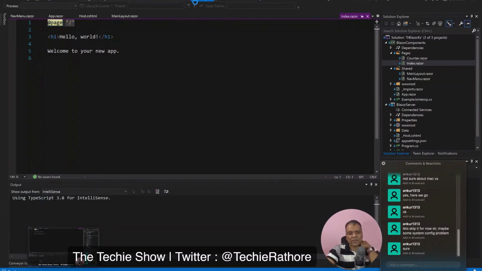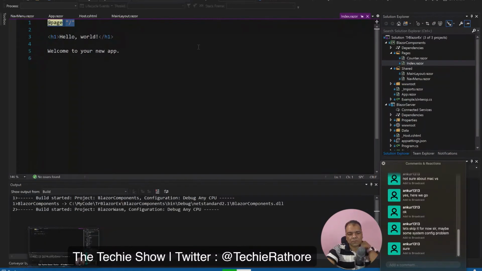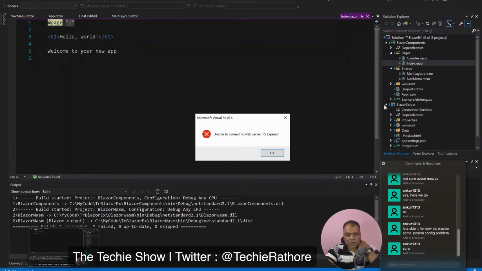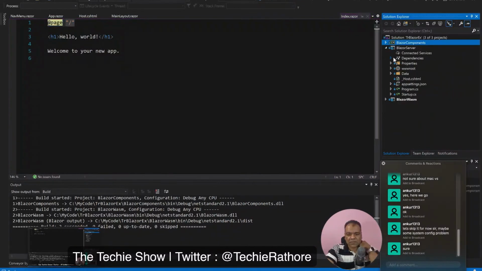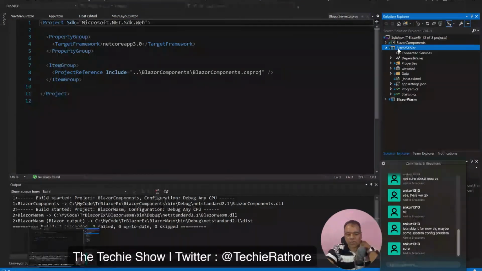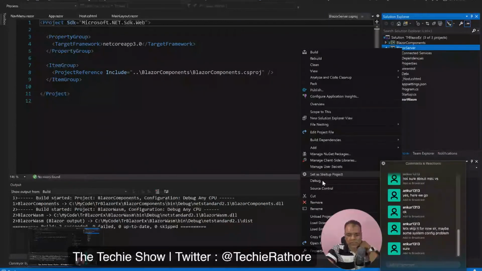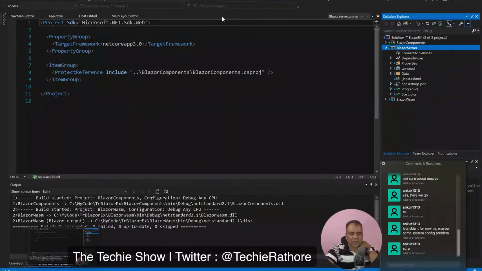Okay, so when I run this application, wow, now the WASM, okay, it's not running. Let me set the server as a startup. I don't know, I'm not able to run the WASM thing. Okay, set as startup project.